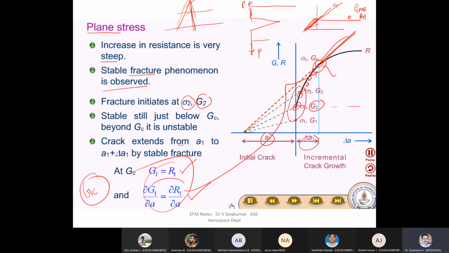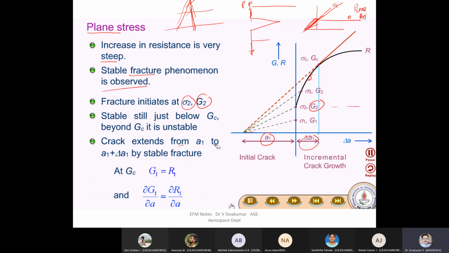So as I told you in the beginning, that condition for a fracture, especially for brittle material, is sufficient. But for the ductility included in a material like high strength steel, then this has to be checked. But when you start checking here, it is violating under these points. So these points are all called stable fracture. But this is an inconsistent GC value, it will throw. It is not correct, or you cannot standardize it.